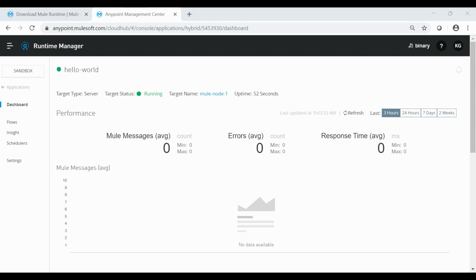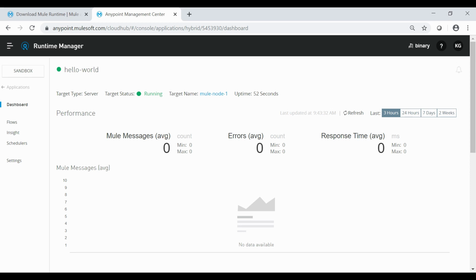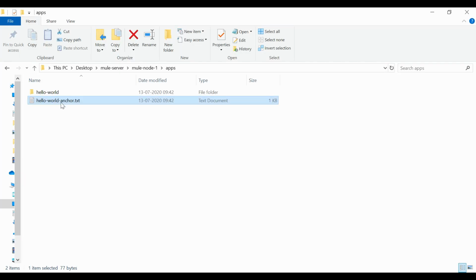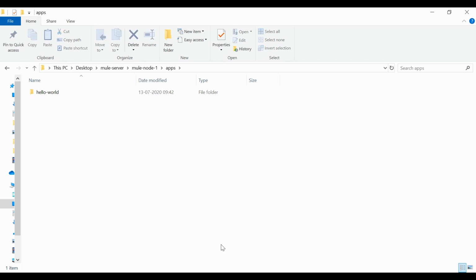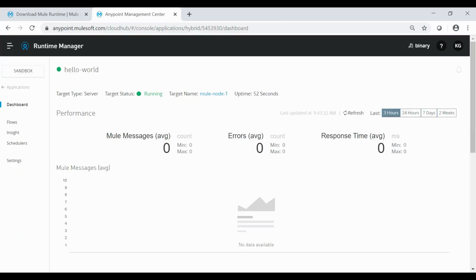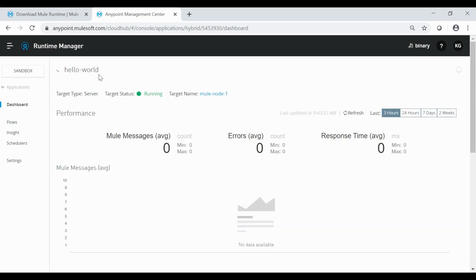Now, if I try to deploy my application directly by copy pasting from this folder, then it will not reflect to this platform. So what I mean, let me first delete this. As the application got undeployed, here also it is trying to undeploy this application. Okay, so first let it undeploy.